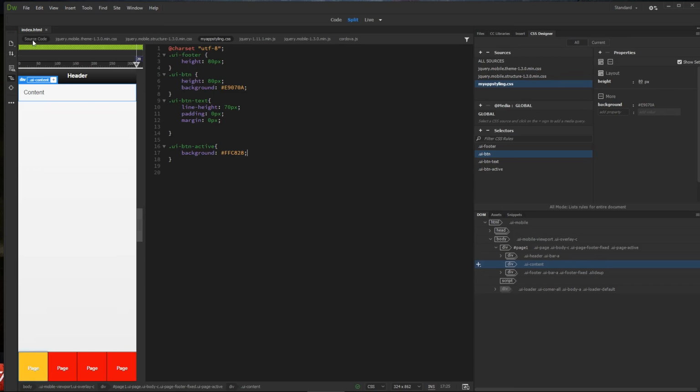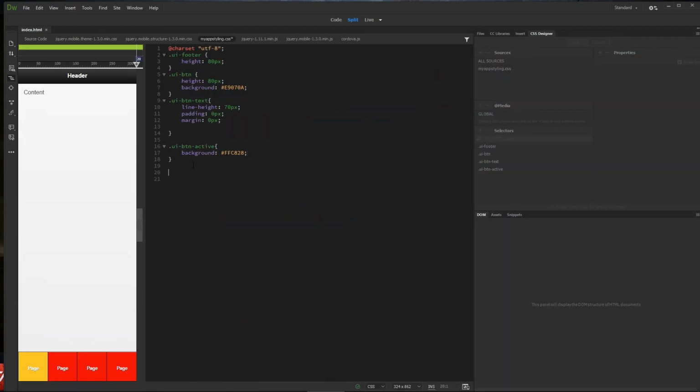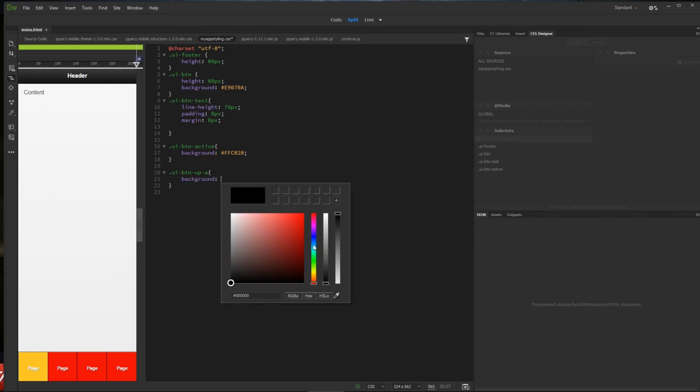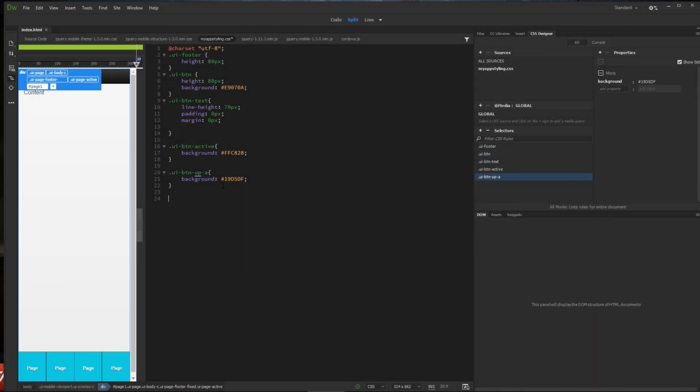What is mouse over? So let's see what the mouse over color is. Maybe button up A, right? UI btn up A. So that's what we want to change. We have to do UI btn up A. And then background. Let's do a different color. Oh, that's not it. Alright, so